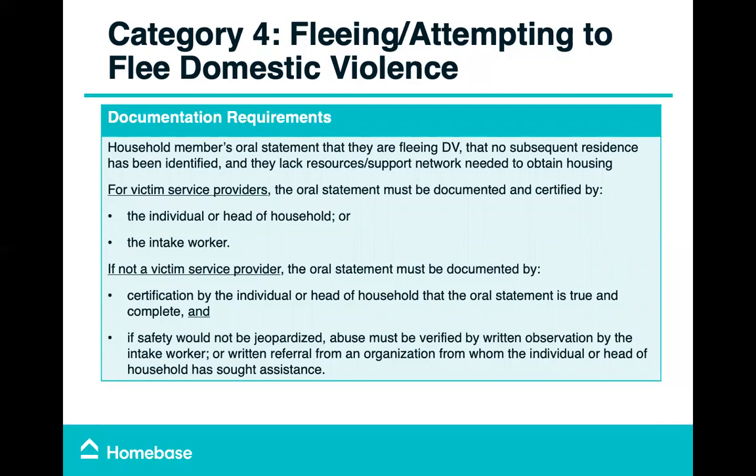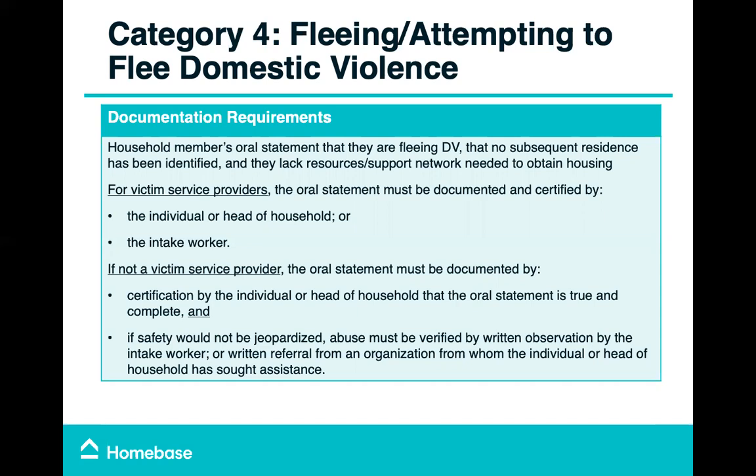Both types of providers, victim service providers and non-victim service providers, will need a household member's oral statement that they are fleeing domestic violence, that no subsequent residence has been identified, and that they lack the resources and support networks needed to obtain housing. For victim service providers, the oral statement must be documented and certified by the head of household or the intake worker. If your organization is not a victim service provider, the oral statement must be documented by certification